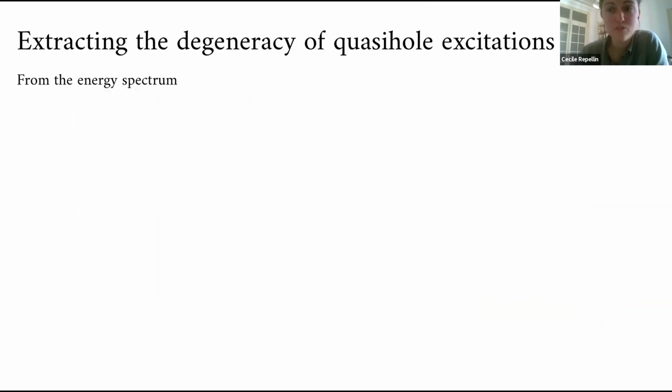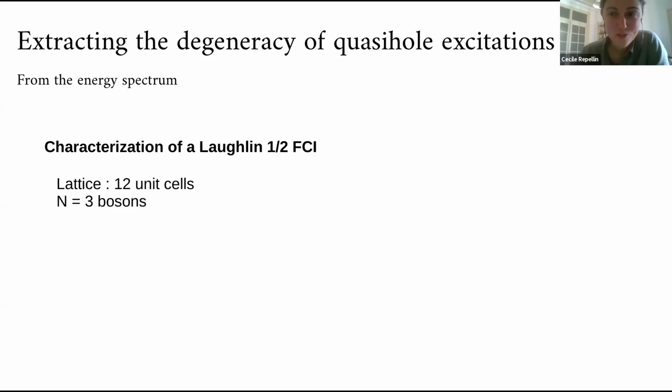Yes, so I see that there's a raised hand. I'm happy to answer, but I'm going to show an example which maybe is going to make things clearer. So I'm now talking about, again, the Laughlin one-half